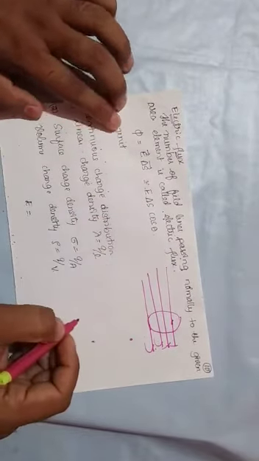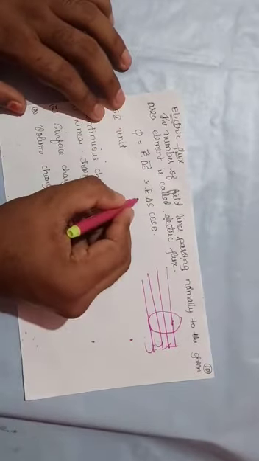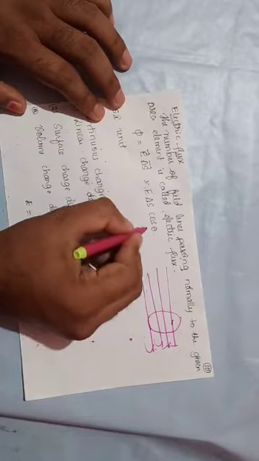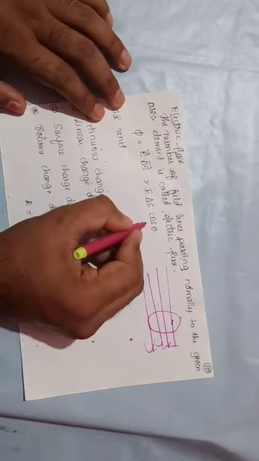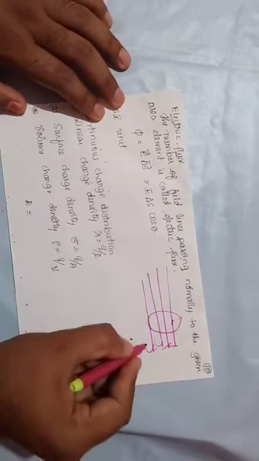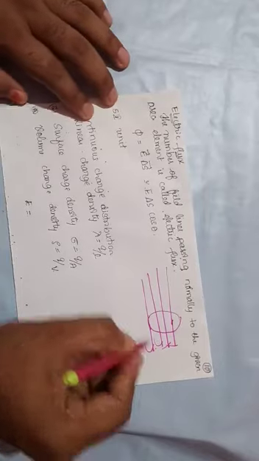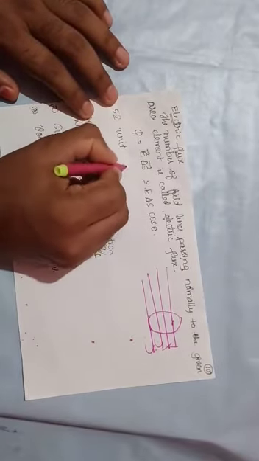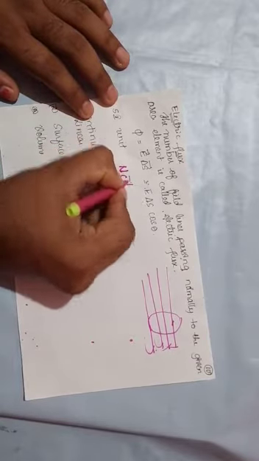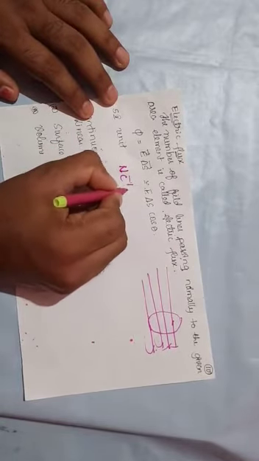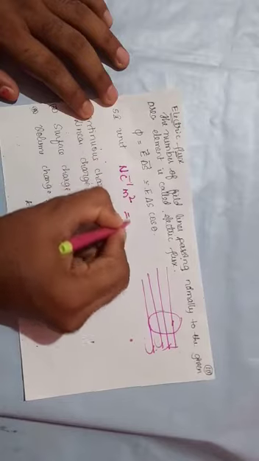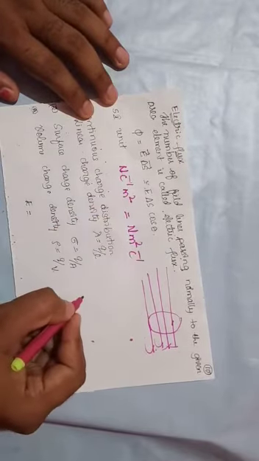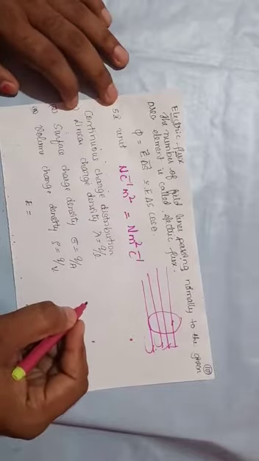It is given by phi. Phi is equal to E into delta S, that is equal to E into delta S into cos theta, where this cos theta gives the component of the electric field along the direction of the horizontal. The SI unit for the electric field is Newton per Coulomb, and the SI unit for area is meter square. Therefore, Newton meter square per Coulomb is the SI unit for electric flux.